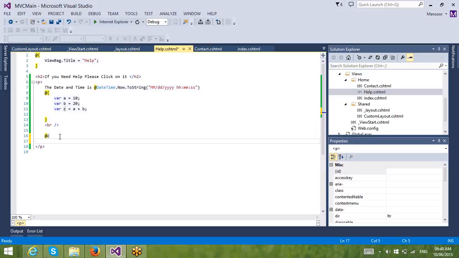So as we know, Razor is a markup syntax. I mean, you can embed server-based code into web pages. So the server-based code, what it can do, it can create dynamic content for the web page on the fly. On the fly, it can be creating for us the required code. On the fly meaning is, suppose you try to look at this particular page,